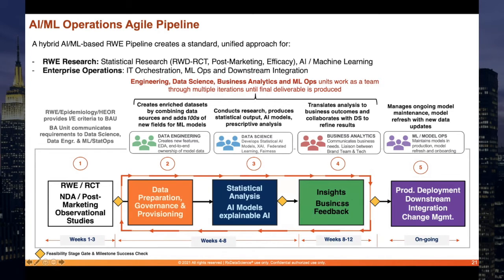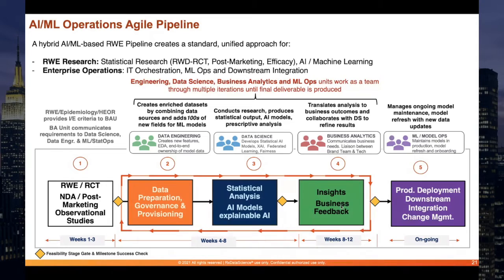This cycle continues until we have the results of the RWE study fully accepted by the business team, and it goes through several different iterations. It's a new emerging field, also called agile data science. It's applying the same agile concepts in the operational workflow of an organization in analytics, in addition to